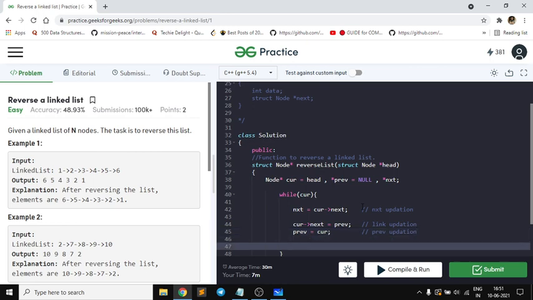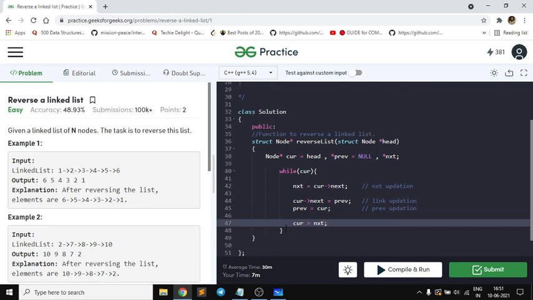Now I have to move to the next new node, right? After reversing that particular current node, I have to move to the new next node. So the address of the new next node is now stored at nxt, right? So I can easily move by doing current equals nxt, correct?